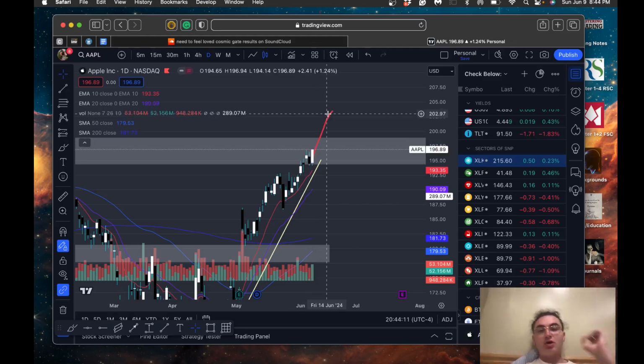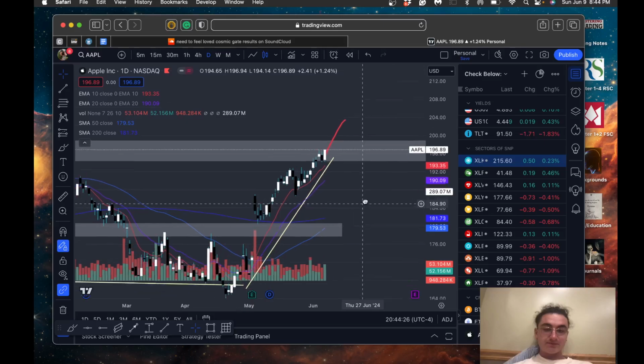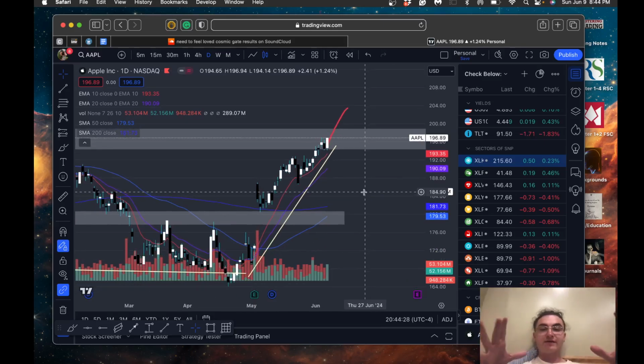Because there's just going to be all of this inflow into the index that it's in and the sector it's in. And people are going to be buying and allocating more money into the Apple stock because it's such a big name in this sector and in the index. So hopefully that makes sense. You kind of have to identify what sector the stock is in and which index it is in. Now that we know that,